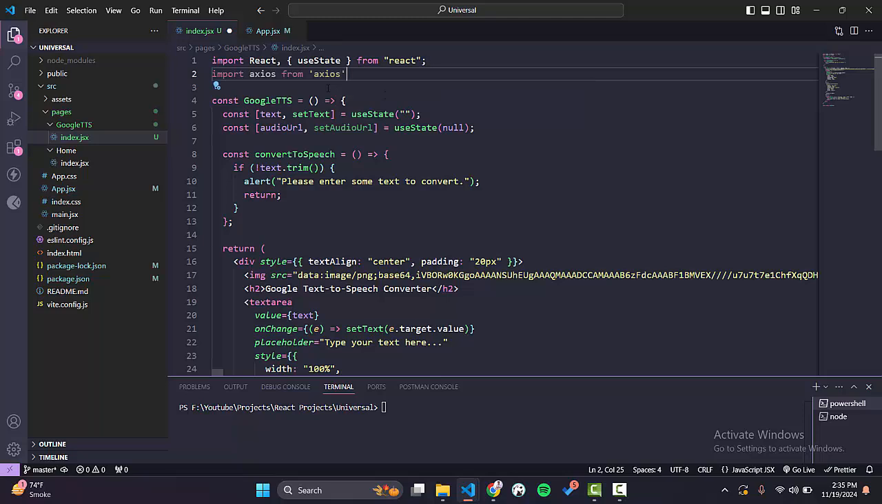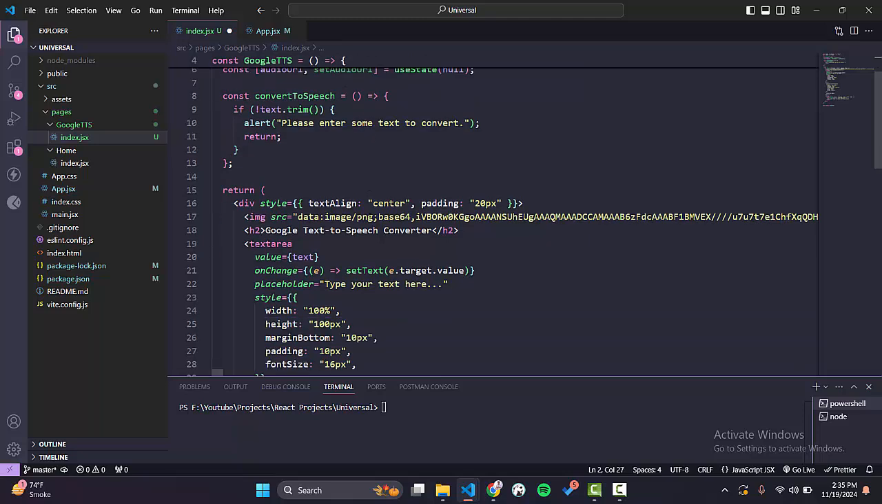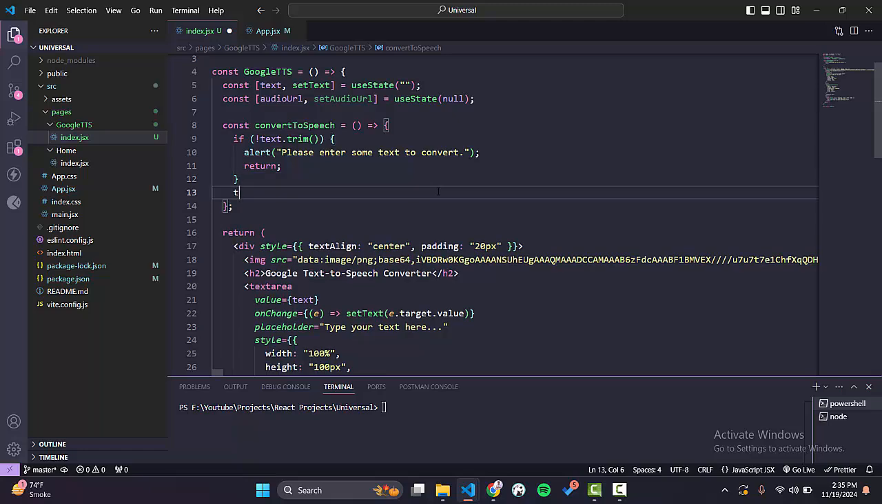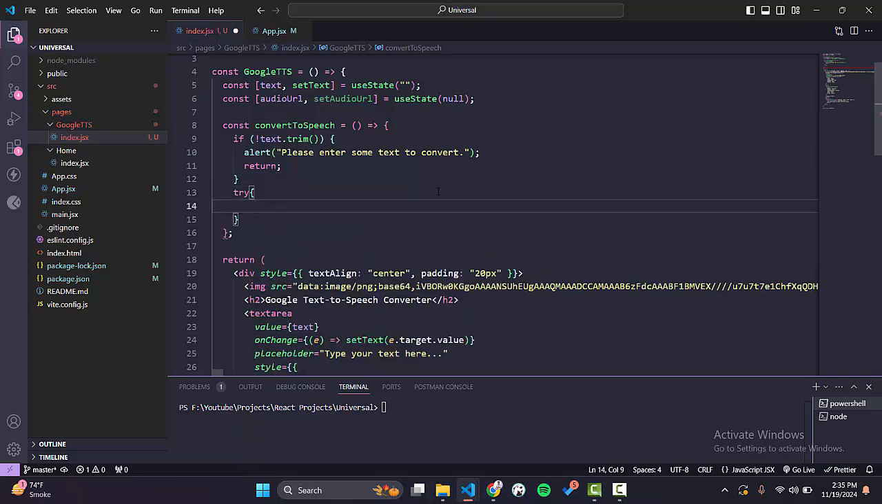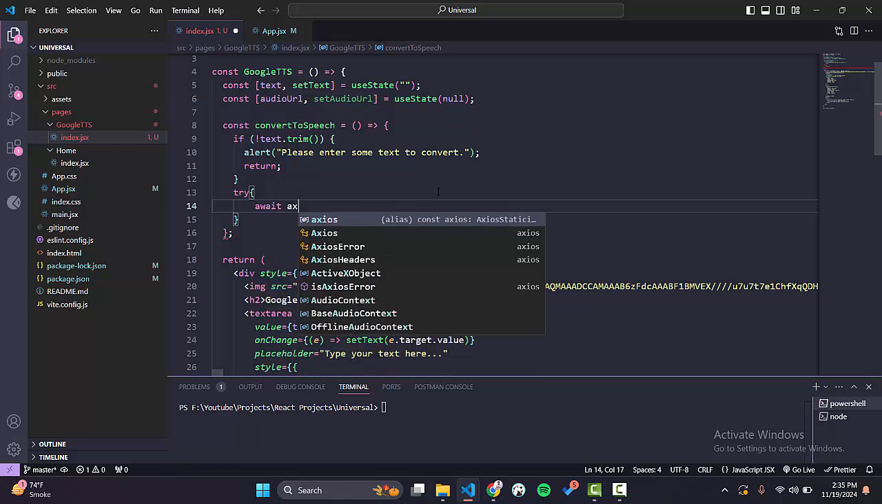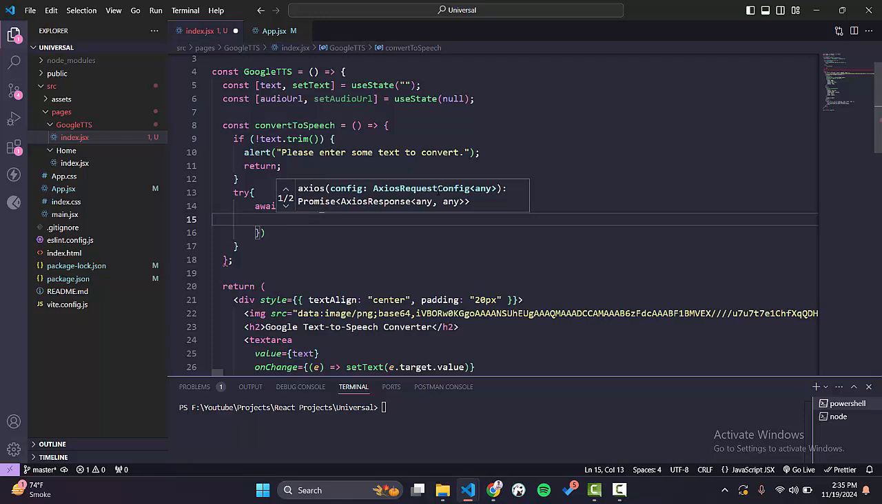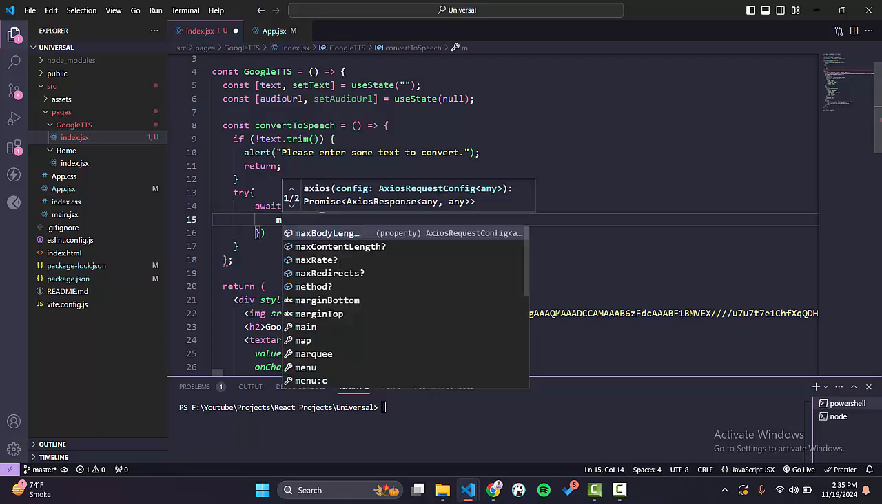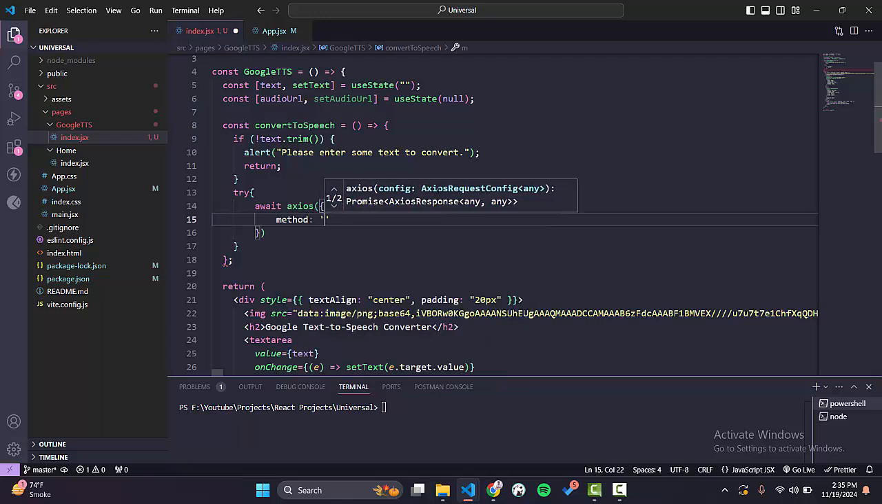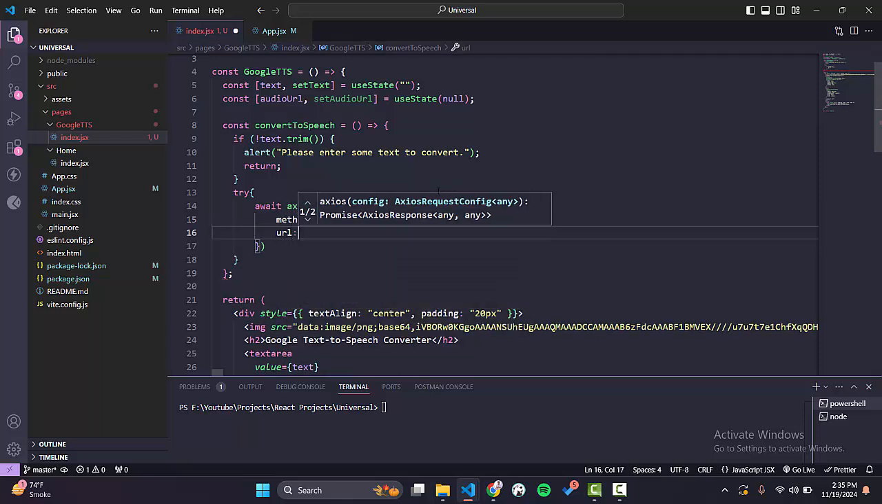Okay, now it is accessible. We will call this API here. Let's call await Axios. So it will have method. Method will be post because we are using post. URL. So we have the URL